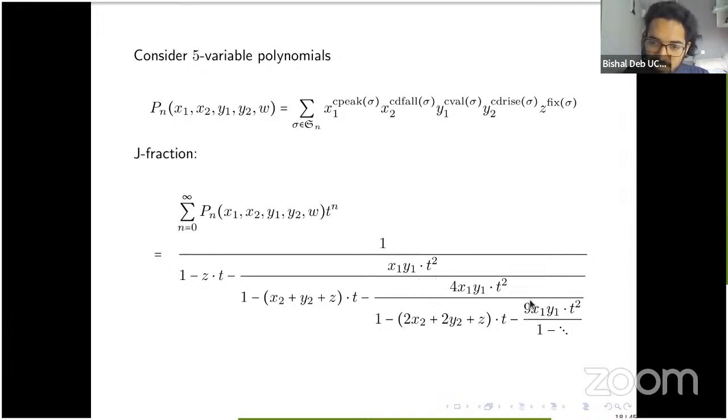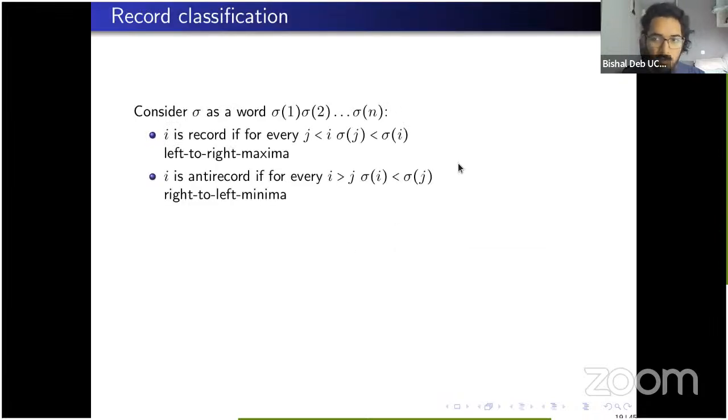that there is this 4 x1 y1 and then 9 x1 y1, and really we want to understand the contribution of cycle valleys and the contribution of cycle peaks here, and similarly also for cycle double rises and double falls. And so to obtain more stratified information, what we can do is something called